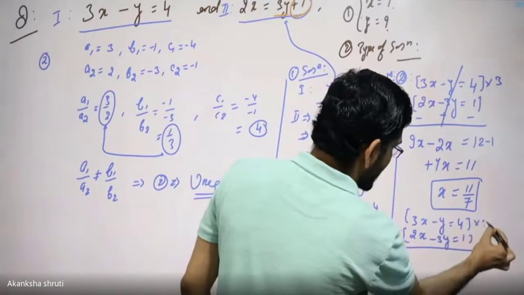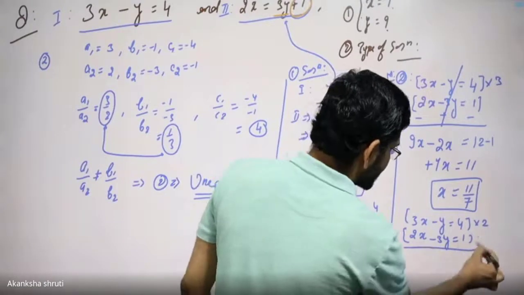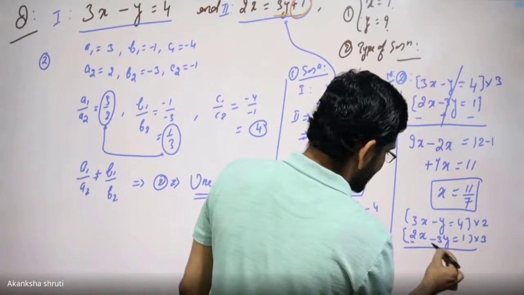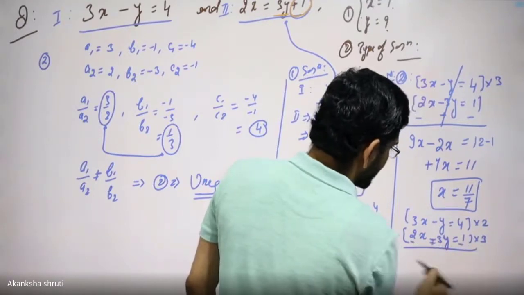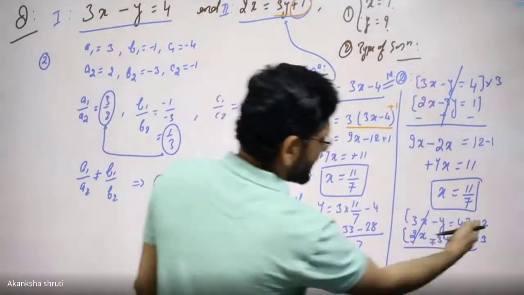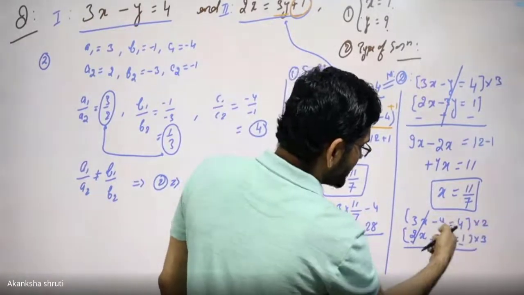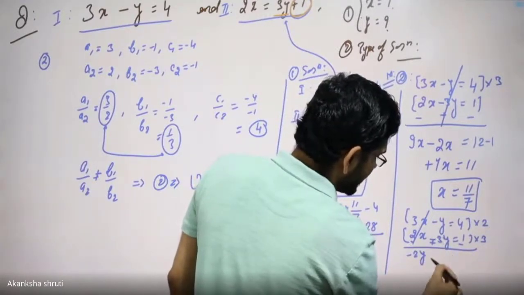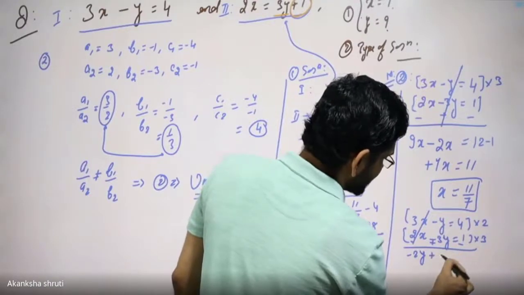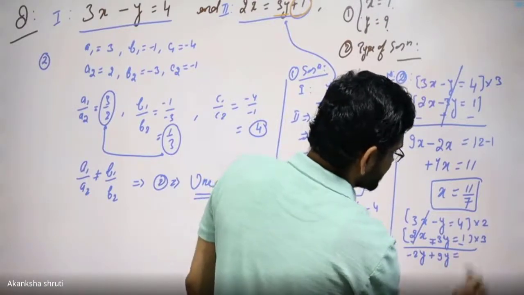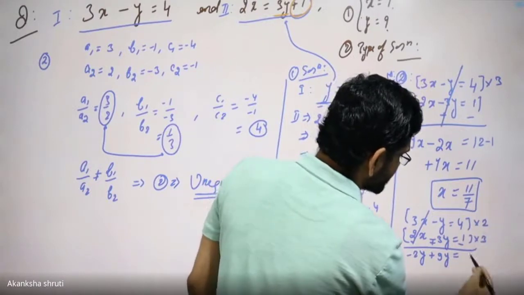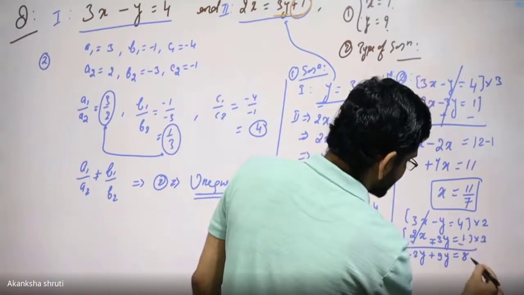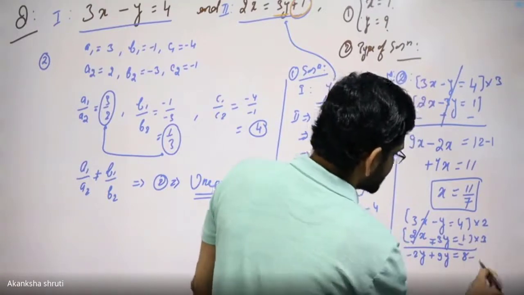So if you multiply the entire first equation by 2 and the entire second equation by 3, then taking opposite sign, means subtracting, changing the sign, this will get cancelled. Then this 2 will multiply with this y, it becomes minus 2y. And this 3 will multiply with this 3, but the sign is plus, 3 3s are 9y is equal to right hand side. This 2 is multiplied with this 4, 4 2s are 8, and this 3 is multiplied with this 1, but the sign is minus, so it is minus 3.